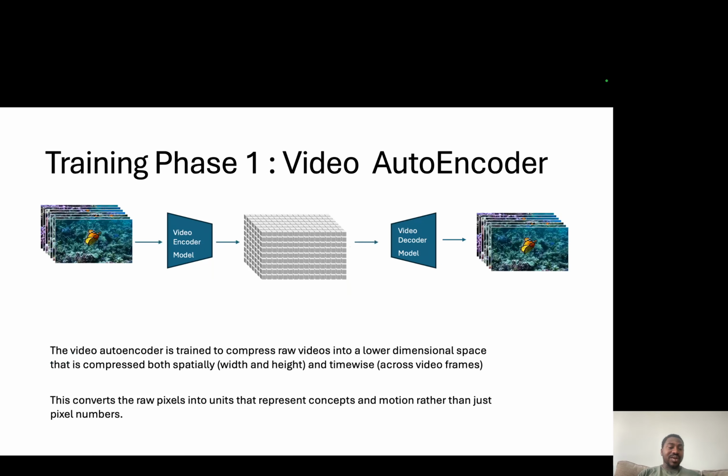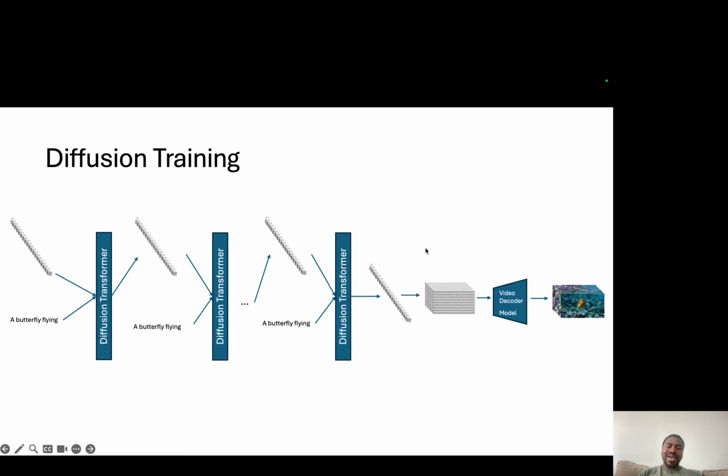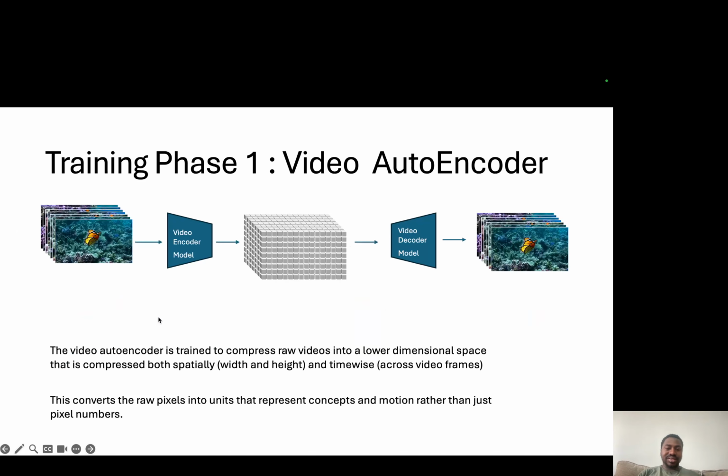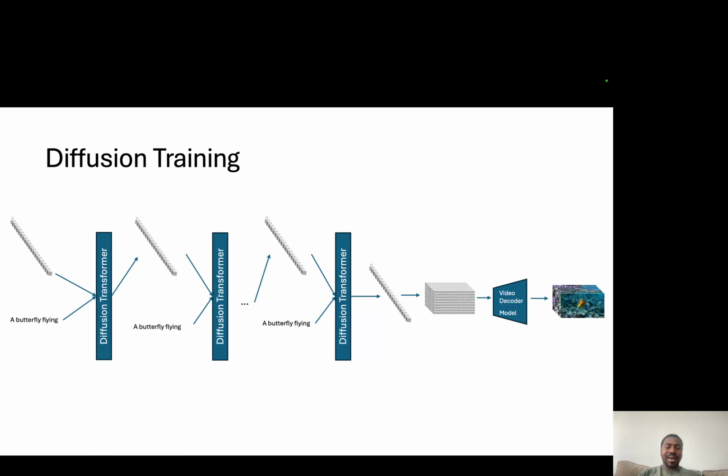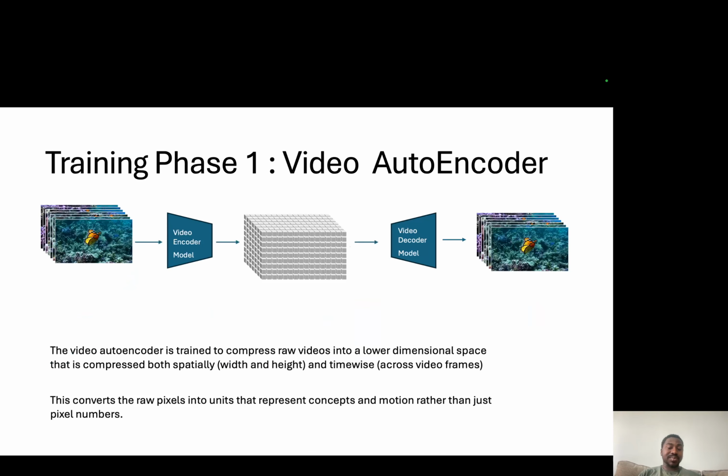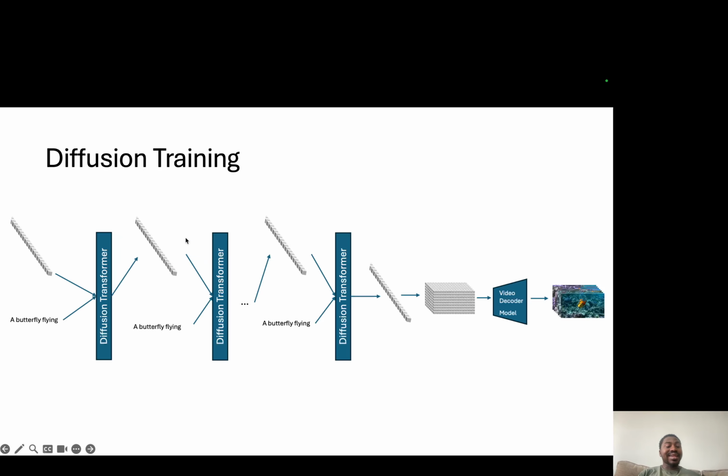Now, once we've done that, we then do the diffusion training. But rather than denoising an image from a blank canvas, what we denoise is the latent space, which is really interesting. So Sora's prediction happens in latent space rather than pixel space. We take this lower dimensional grid, flatten it into a 1D sequence, turn it into tokens, and then pass that